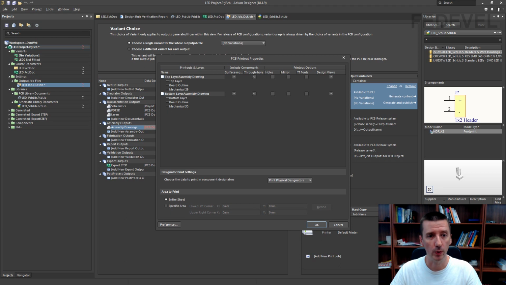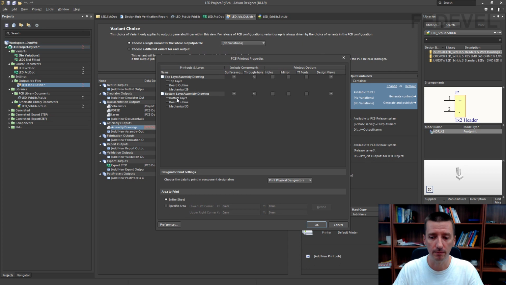For our assembly drawings, we don't really need this top layer and the bottom layer. The thing is, when we will be using variants, when we will be printing assembly drawings for a specific variant, Altium is using this top layer and the bottom layer to show unfitted components. This is the only way we can nicely show the unfitted components in the assembly drawings. So we need to include these layers, but what we are going to do is hide everything on the layer. So basically it will be invisible in our assembly drawings. Only what will be visible will be the unfitted components for a specific variant.